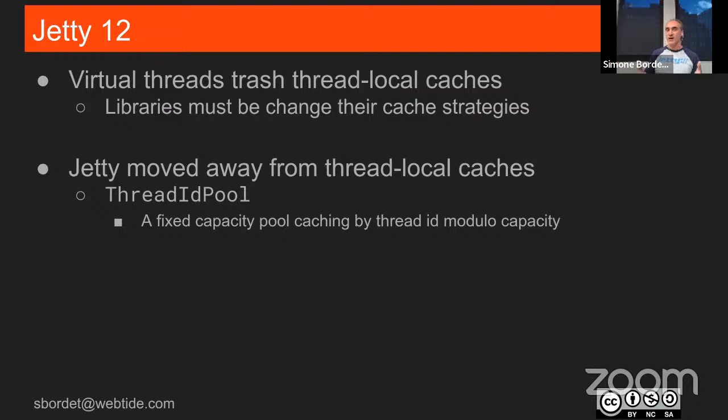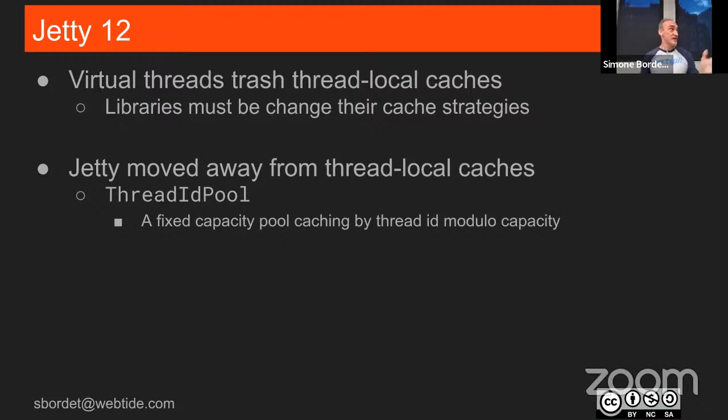So imagine if you have a system based on this, and you compare a platform thread-only system with a virtual thread one, you would say, oh, but the platform thread one is a little bit slow, is as slow as the virtual thread one for the first maybe 200 requests, but then once you have all the thread locals filled up, well, then the platform one is much faster, because it doesn't have to do all the calculation ever again, right? And so you say, oh, virtual threads suck. Well, that's not exactly the case, right? They do not suck, they just work slightly differently.